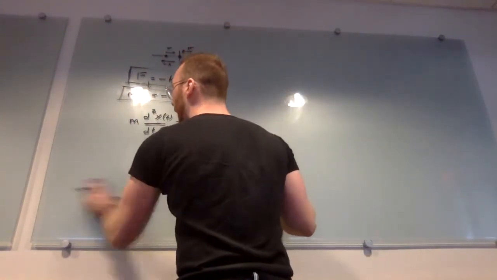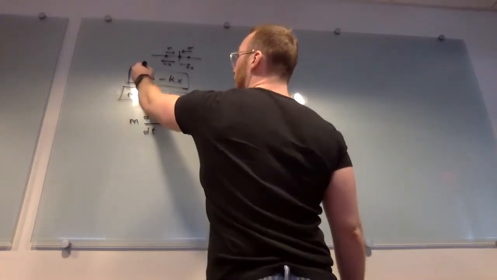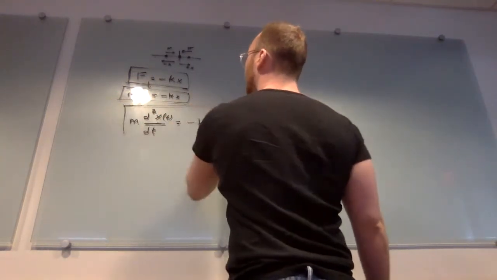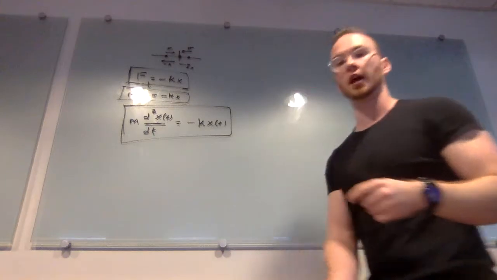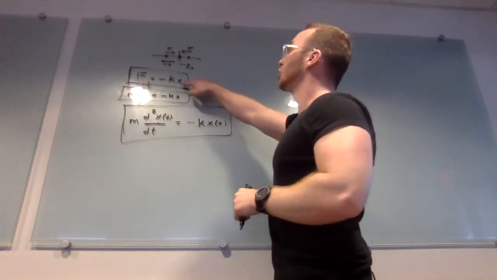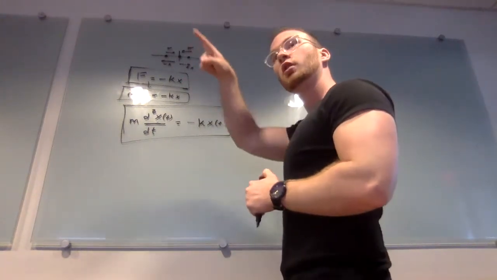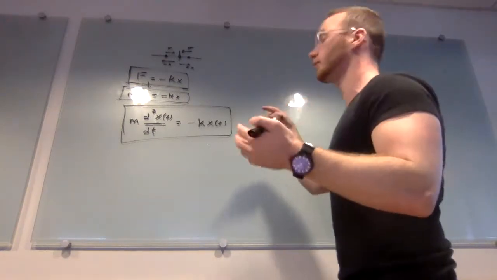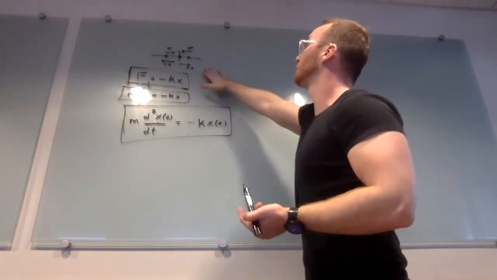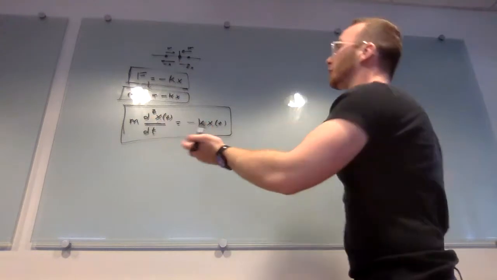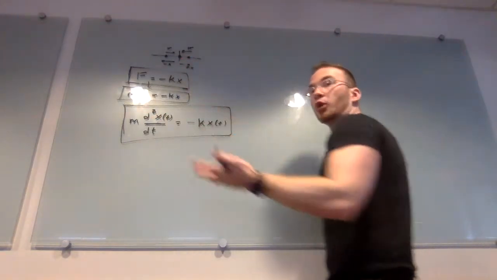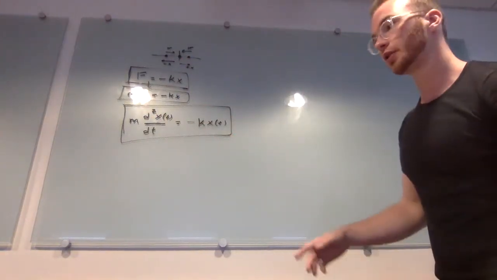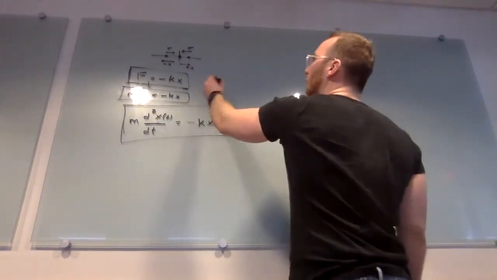Anyway, all we've done is say that if we have an object with one force on it, and the force is proportional to the position, then the farther you go, the more force you get. I should have said what this probably is, which I think is in the book somewhere. You could think of this as a spring, right? If you had a spring with some fixed length, actually they might even write